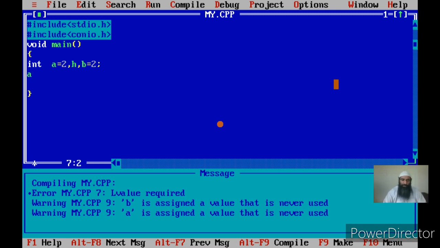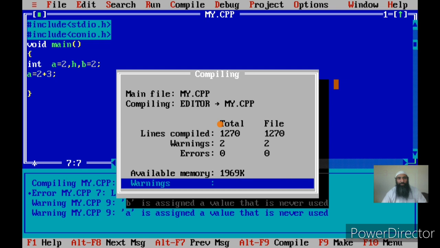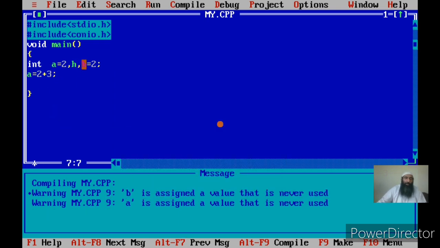Let me clarify one more thing, why this is mentioned. Because if I use a binary arithmetic operator, I can use it on a constant. Say I have used the plus operator to add 2 and 3, no problem. Even though the logic of the increment operator is that it increments a number by 1, and there is nothing wrong in using it on constants, the C compiler does not provide this feature, so we cannot use increment and decrement operators on constants.